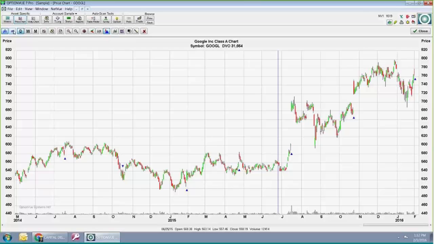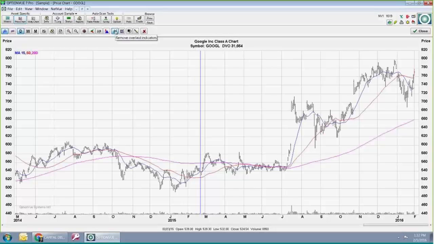Then I'm going to take off the volatility just so we see the price charts. And I'll even take off the earnings and just go back to a standard bar chart. Let's look at some of these indicators. You can see I just click it, it turns on. It's going to turn on whatever your current settings are. I have it set for a moving average of 15, 50, and 200. So you can see Google's well above its 200-day moving average. A lot of people say never buy a stock when it's below its 200-day moving average. And the 50-day, it just moved past it yesterday. And, of course, the 15-day, it's quite lower.